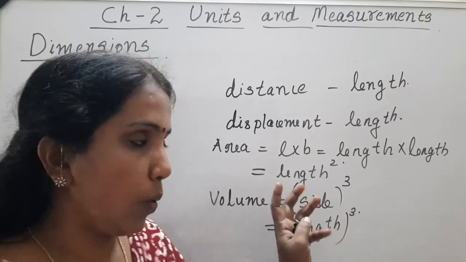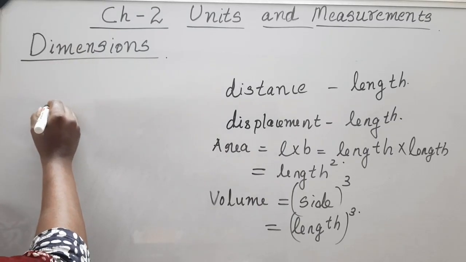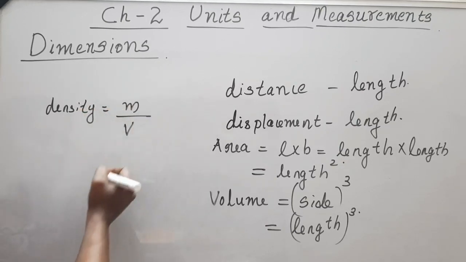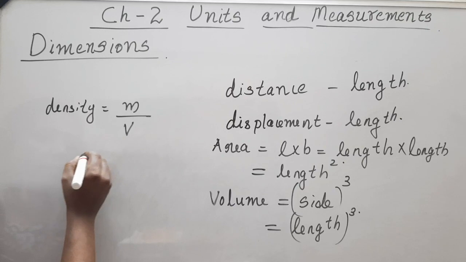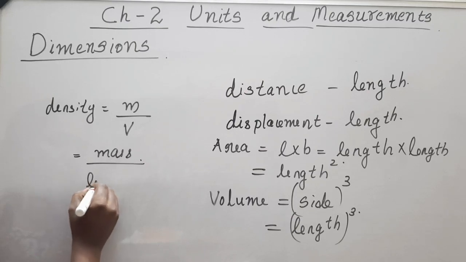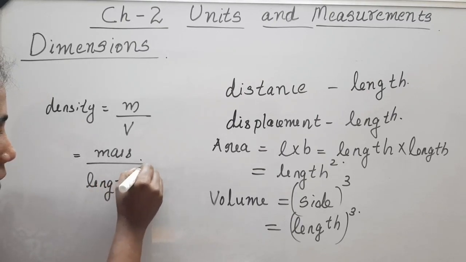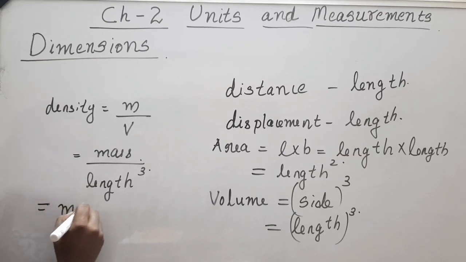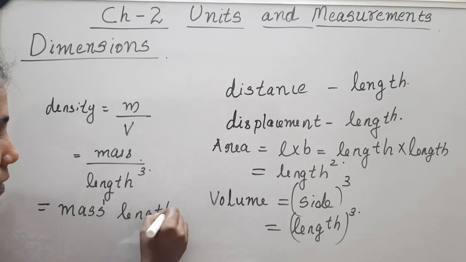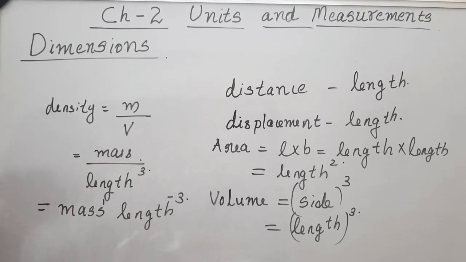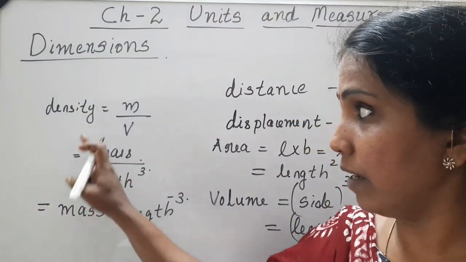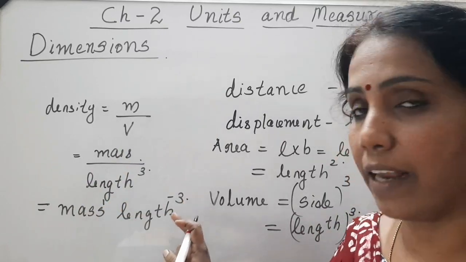length. So, one more example we will consider, that is density. What is density? Density is equal to mass by volume. So basically that means mass is mass itself. Volume is basically length cube. Isn't it? So when we write, it will be mass raised to 1. The power is 1. And length, what is the power raised to? -3. So we will say that the power of mass in density is 1 and the power of length in